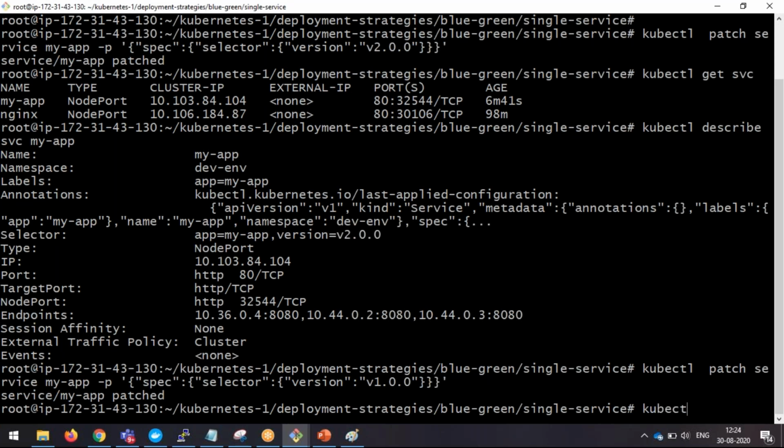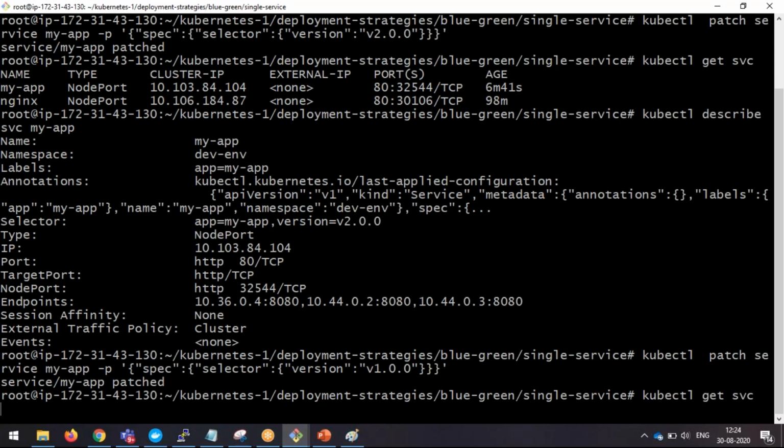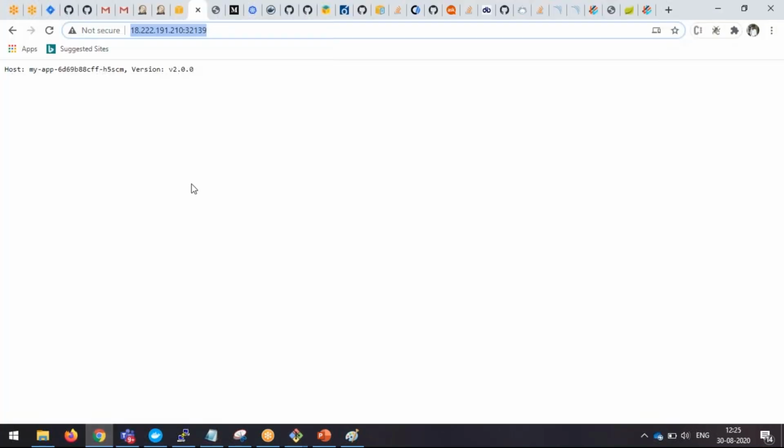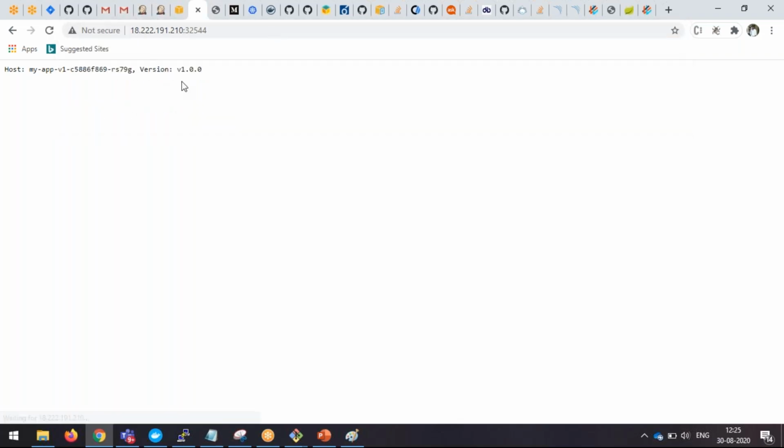kubectl get svc 32544. Now you can see it is pointing to version 1 only. So it's the browser issue, not the deployment issue. So now here